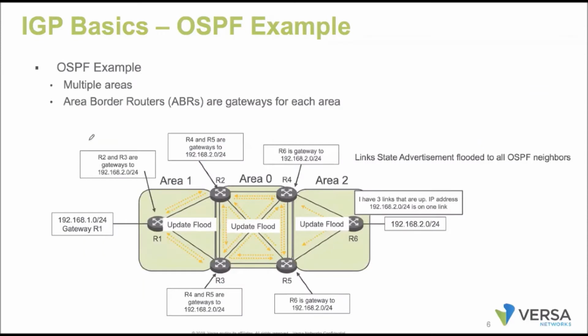When you talk about any OSPF domain, if it is a single area, all the routers will be part of that single area. If it is multi-area, we decide on which area we are going to place the interfaces. Typically, in any OSPF domain, we have area 0, which is the backbone area. The routers which are part of area 0 are backbone routers. The routers connecting multiple areas we call ABRs.